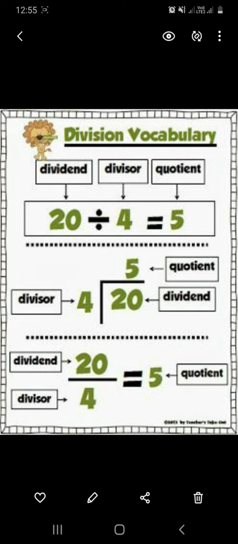You can see the arrow, and above it is written dividend, and the 4 is the second number by which we will divide, what, 20, the dividend, and the number is called the divisor. And 4 5s are 20, so 5 is the answer and we call it the quotient. And you can see the second example here. It is the long form of division, and the same is written: quotient, dividend and divisor. And the last one, 20 divided by 4.